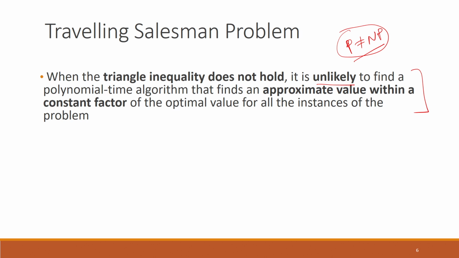Okay. For example, there might be some algorithms which say that the value that this algorithm finds is the optimal value x times some function f(n), where n is the size of the problem. Okay. Since this factor f(n) is not a constant, it depends upon the size of the problem. So it may happen that, for example, if there are two problems, one where the number of nodes is n equal to 2, and the other is n equal to 10, in those cases the guarantee between the optimal solution and the solution we get from this algorithm will be different. So for example, if this function f(n) is exactly equal to n,